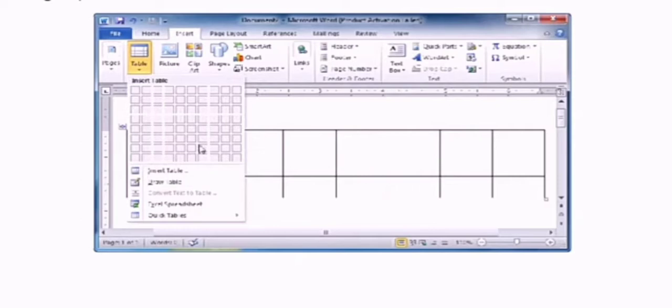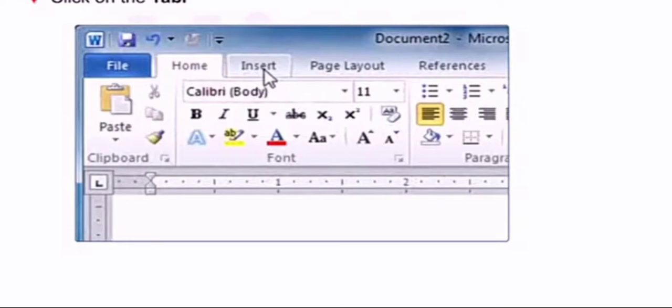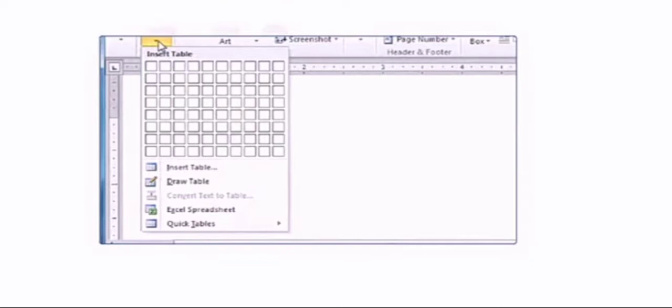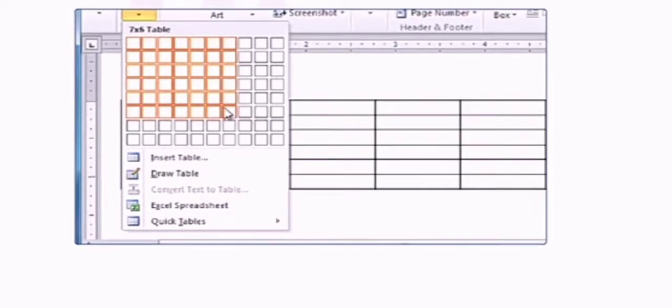There are three ways to create a table. You can create by using table grid, you can create by using insert table option, or you can create by using draw feature option. So now let me explain how to draw with the help of table grid. First you have to click on table button in the table group on the insert tab. Drag the mouse over the grid and cover the number of rows and columns you want in the table. The table will be inserted on the working area.